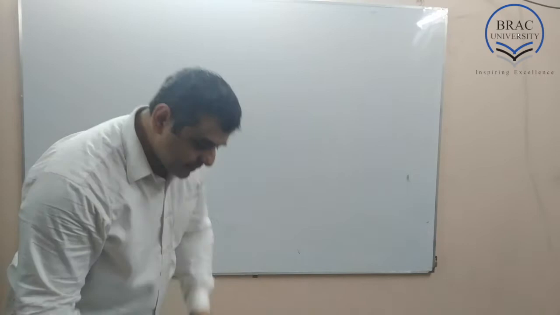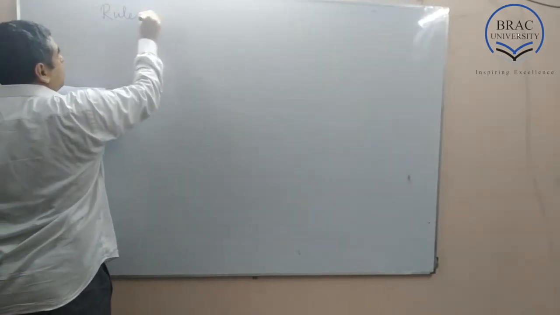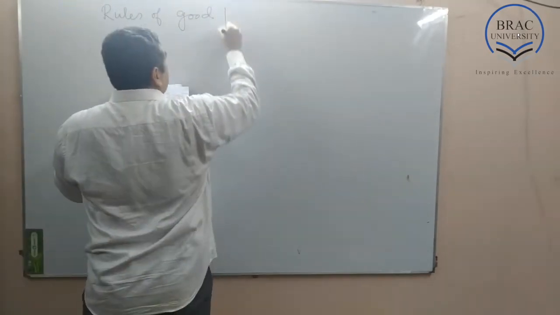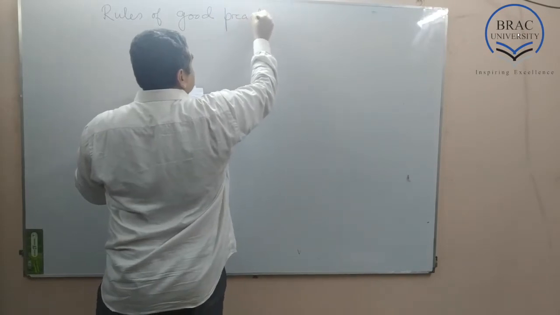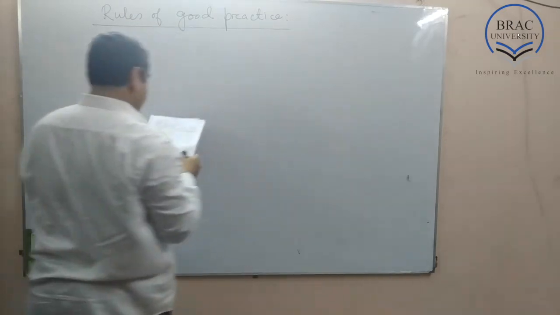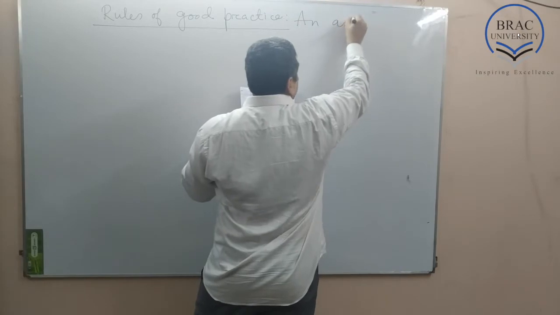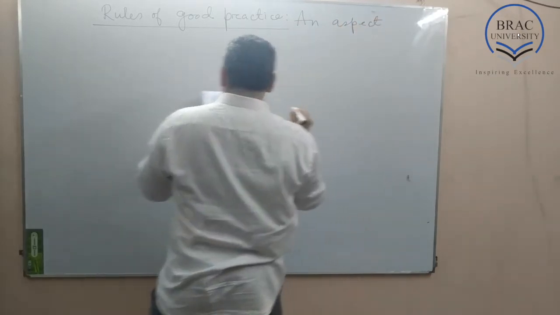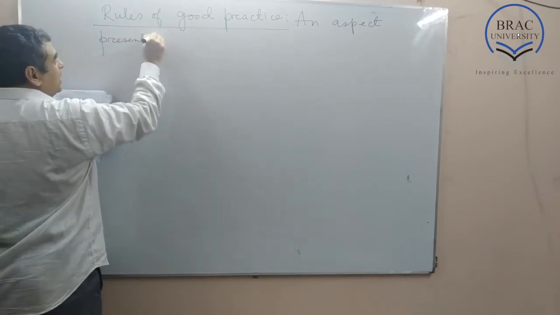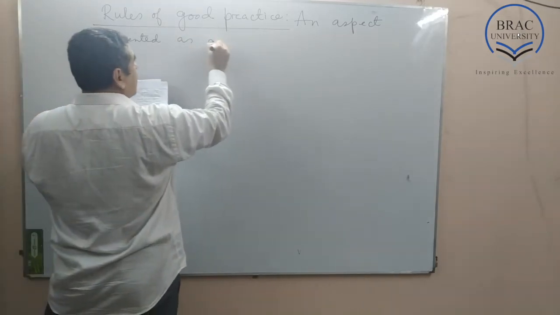Rules of good practice for aspect. An aspect is presented as a labeled arrow. We all know that an aspect is presented as a labeled arrow,